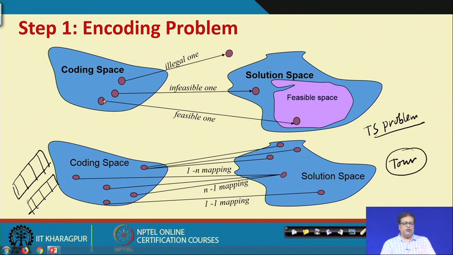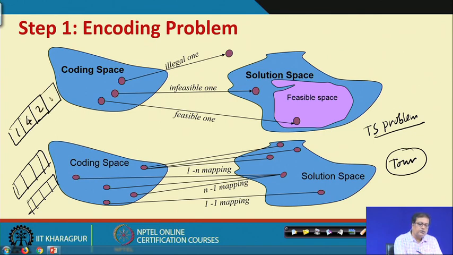So, we should be careful to define the coding space, first of all, if we can, in such a manner that only feasible solutions are available and nothing else. Say for example, for the traveling salesman problem, let us take a very simple 4 city problem. So, 1 4 2 3 is a feasible solution. But what about 1 4 2 2? See, 1 4 2 2 is infeasible,